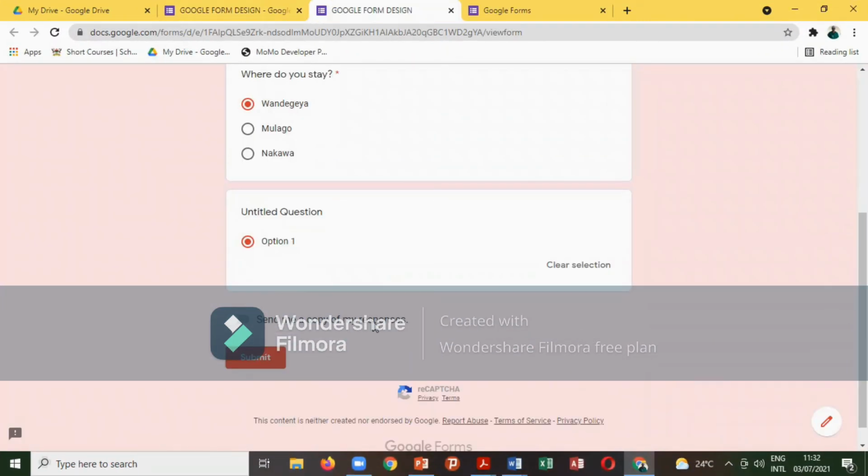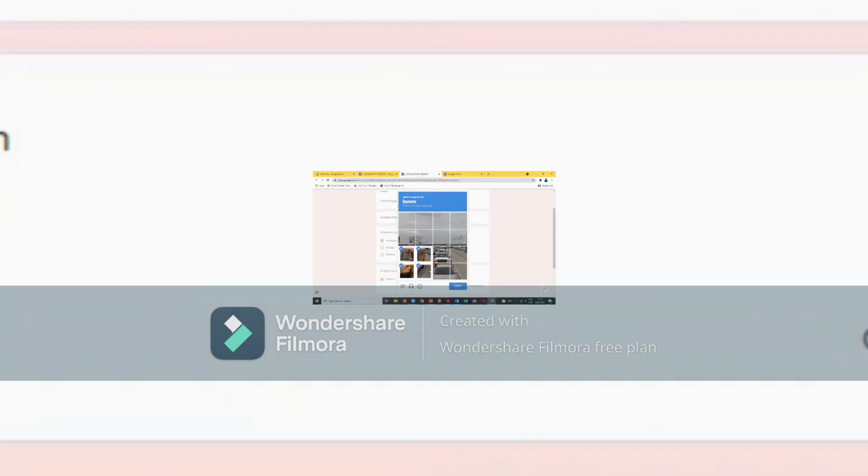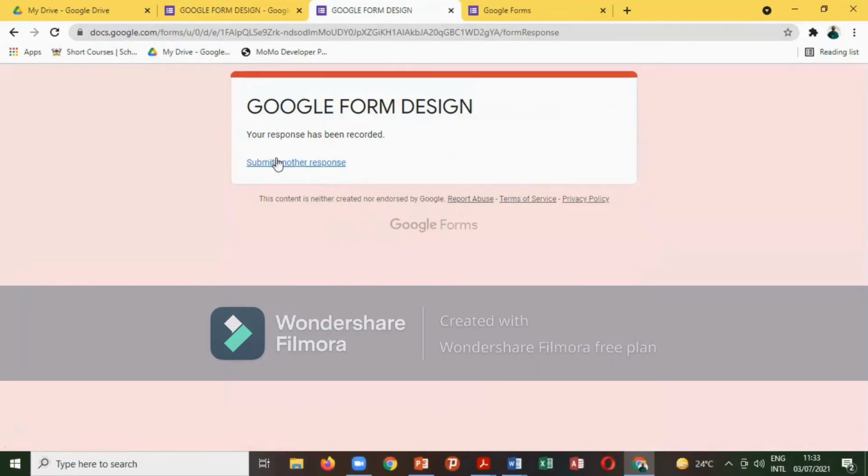are the request. We have to request. But if we had made it always, then this option will be there. So after submitting, the person will get the response. So you see, submit another response, because we never restricted our response. We never limited it to one. If you had limited, then we would